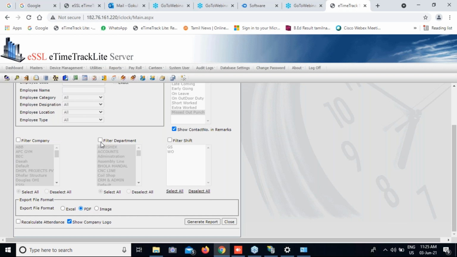How would they punch? Would they click a selfie from their phone? Yes, sir. Whenever they make punches, they should take a selfie and submit the attendance. From that location, it will share the selfie along with the location map to this application.